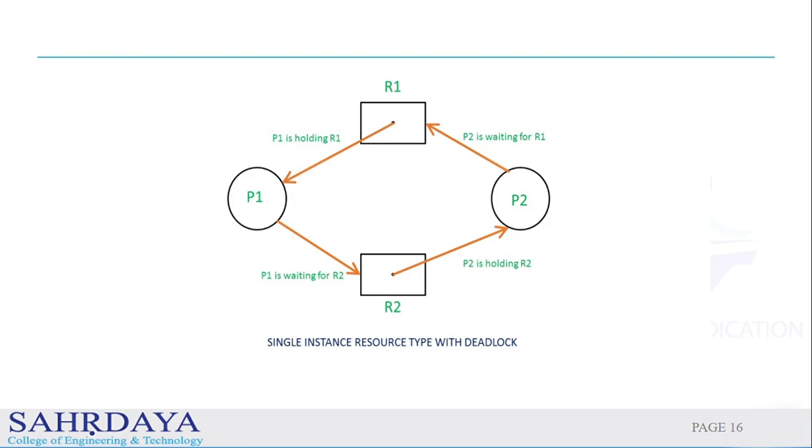And now you can come to know that after fulfilling this request, this edge would be converted into an assignment edge, and then there would be a circular wait. That is, you can say there would be a cycle in the allocation graph. In future, if P1 requests R2, this would be converted into a request edge, and this leads to deadlock. See, this is a cycle. That is why the kernel will not grant this request.